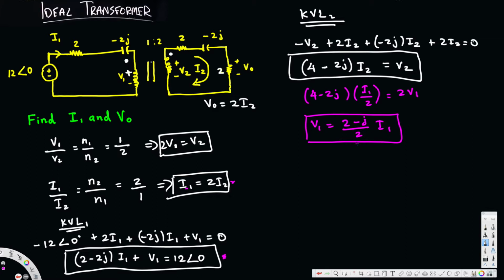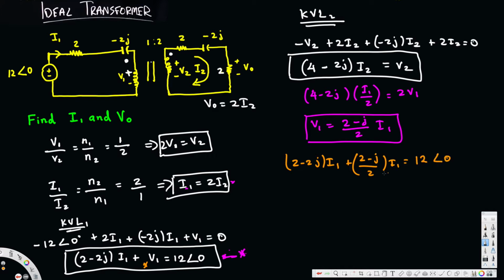Now what I'm going to do is, to get this V1, I'm going to apply it in this equation here. If I apply this V1 to this equation, we can make everything in terms of I1, so we can solve for I1. Let's go ahead and do that. So I bring this equation here. This is 2 minus 2j times I1 plus, instead of V1 I put 2 minus j divided by 2 times I1, that's equal to